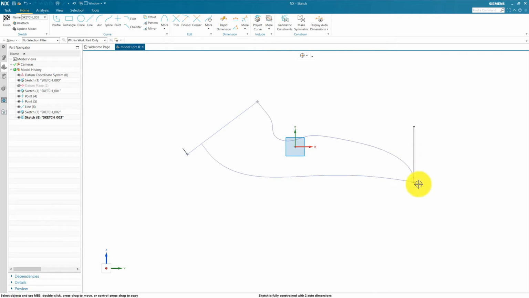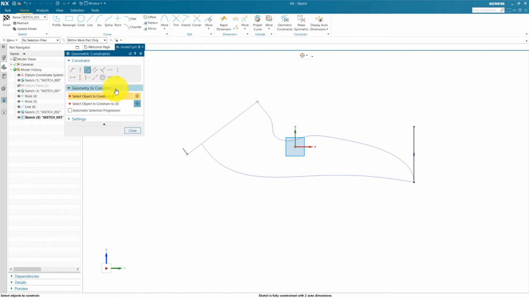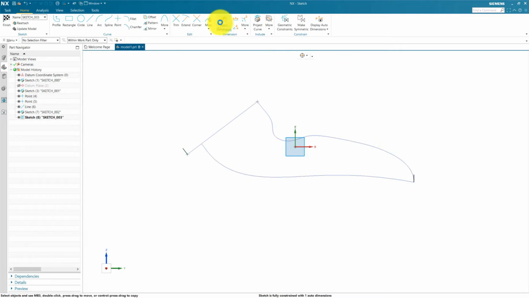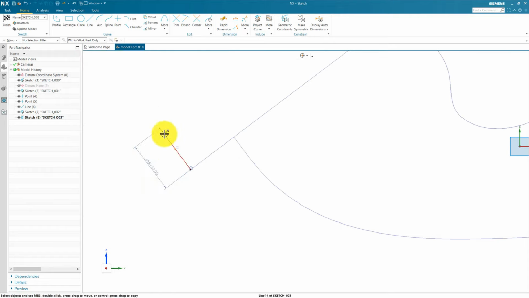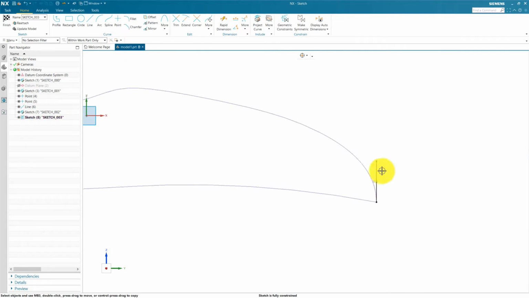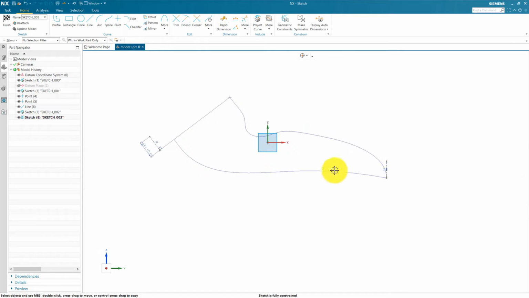Okay, we delete this constraint and apply a vertical constraint. Okay, and both lines we make equal, apply equal constraint. This is only for reference, nothing more. We give the dimension 10. Okay, convert it to reference. Okay, now next we are going to create a spline